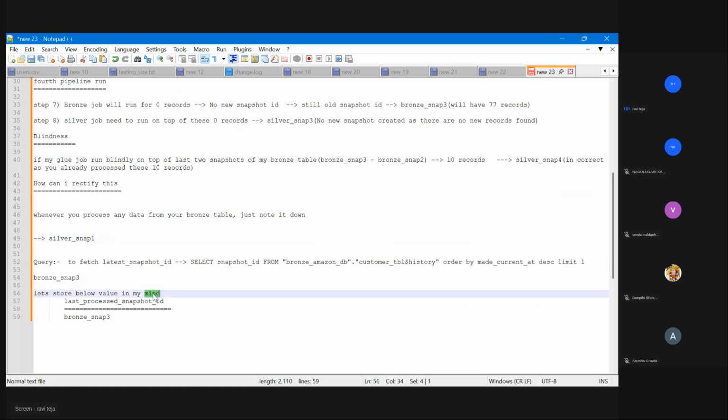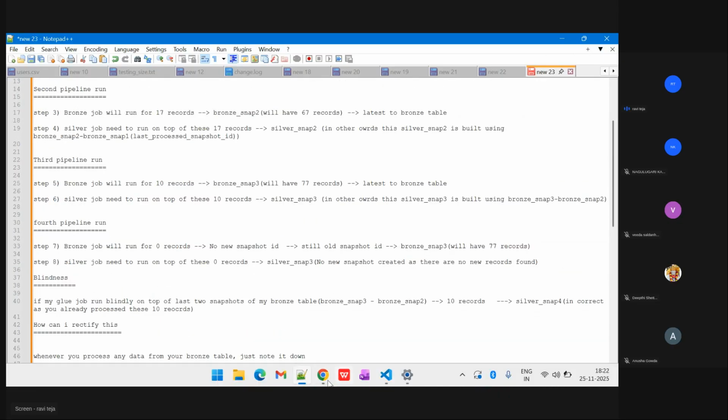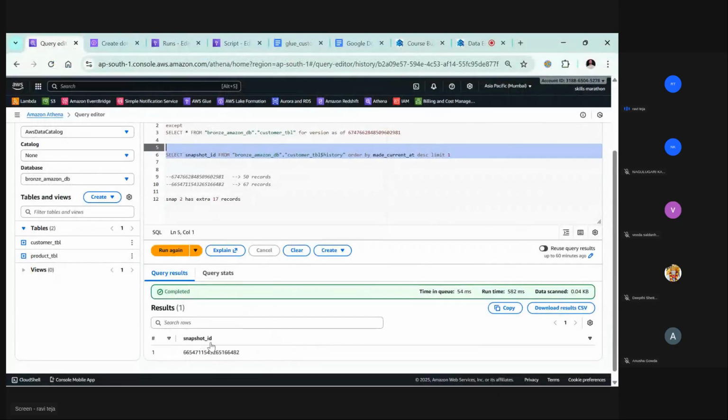But can we store that? Maybe for today I will store this in my mind. In future, let's say for 10 tables, I need to store 10 values in my mind. Maybe after some time there will be 100 tables. That's production. Can you store all those 100 records in your mind? Maybe you can, but it's a random number, and there is a chance of error, right? This is a random number, 66571154326. It's a random error. You cannot trust it. Humans make mistakes, so you cannot trust that.